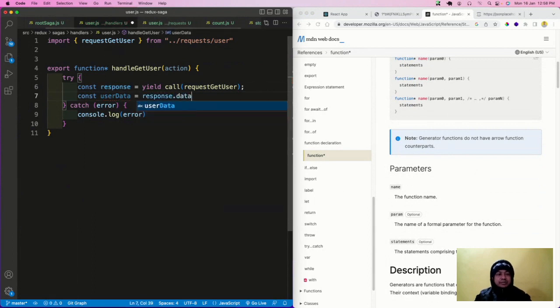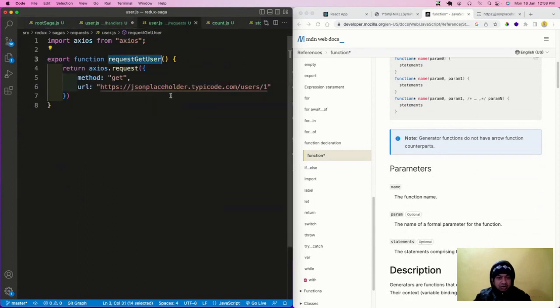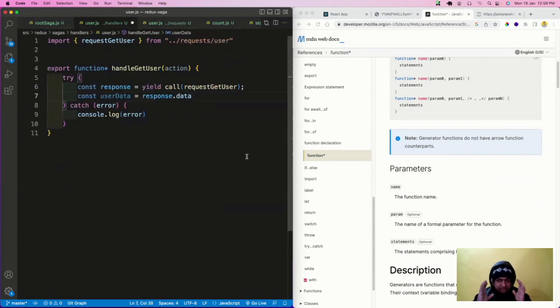Actually, this is another way to do API call also. See, I'm doing this request thing, and this is where the API call will be made. And as you know, API call takes 1 or 2 seconds. So yield sort of stops this until the result is there. Not exactly stops, it works like your async await. Like we use async await and all those things, it works like that. So after this data, I'll do a